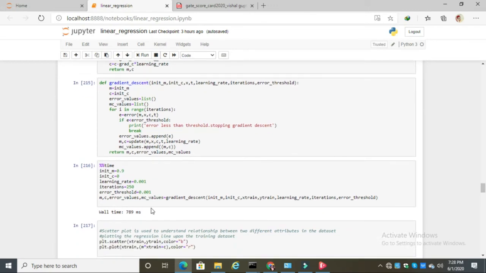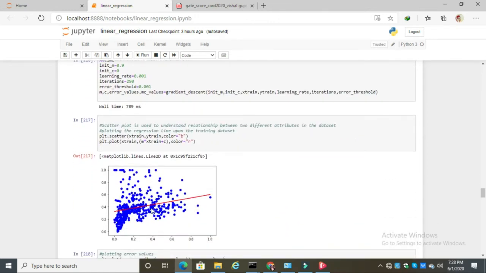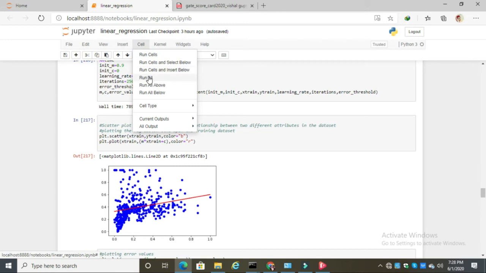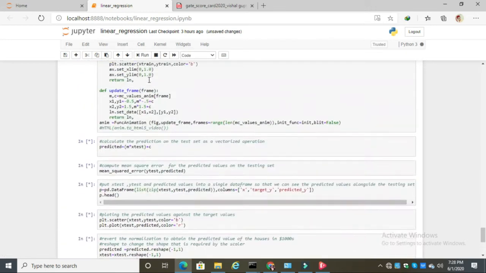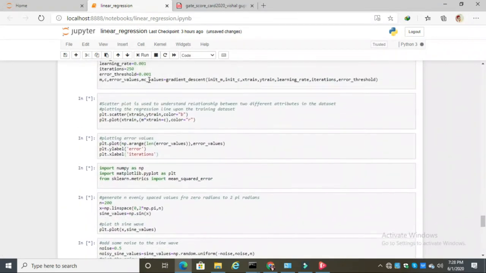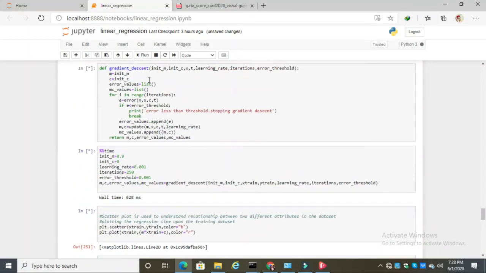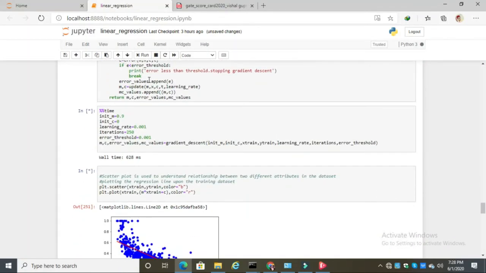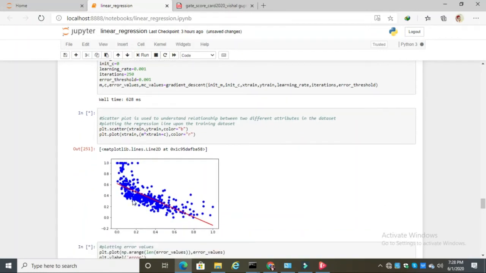After running the gradient descent function for training the model, we train on the data and plot the regression curve. Wait a minute, I'm running all the cells once more. See, this is the curve.